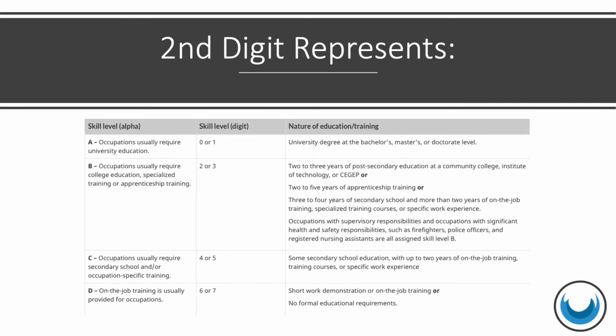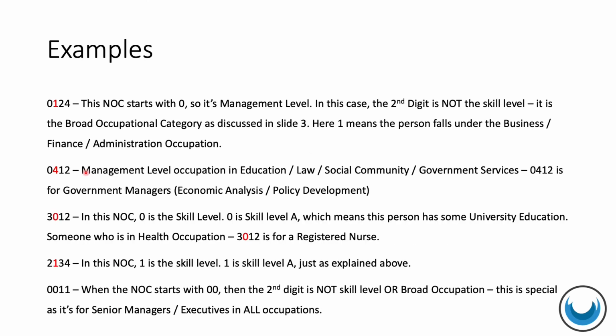Now, each skill level is represented by 2 digits, as you can see. So for A, the skill level would be 0 or 1. And if it's a NOC B, the skill level is 2 or 3. So let's understand just by looking at examples what this really means. So taking the same examples as before, 0, 1, 2, 4,